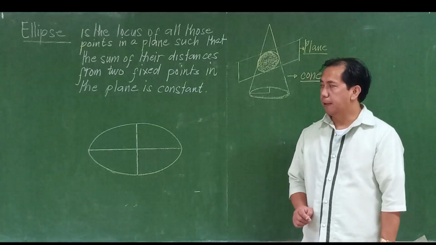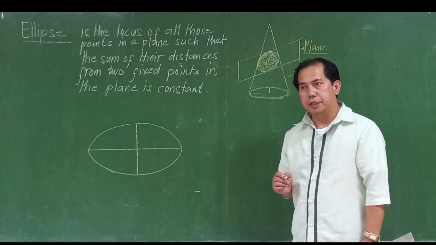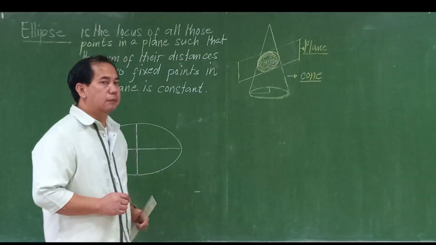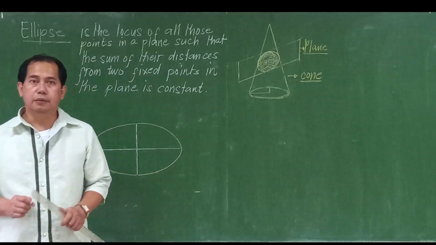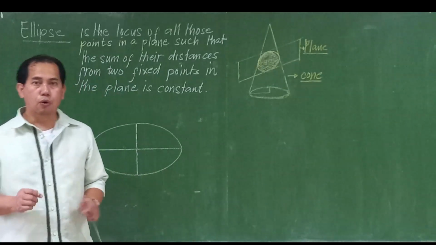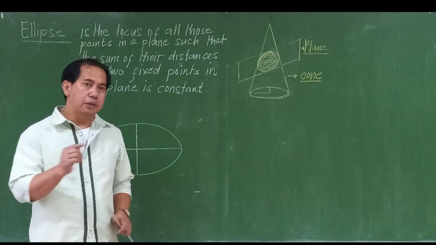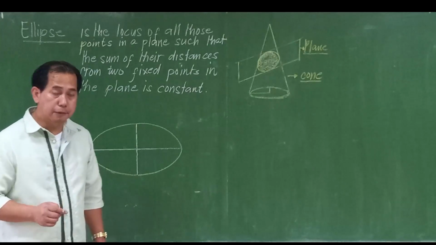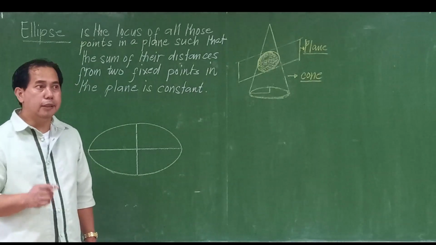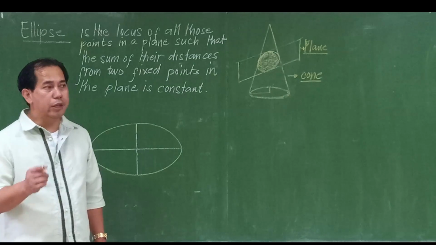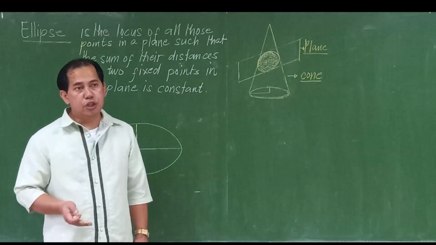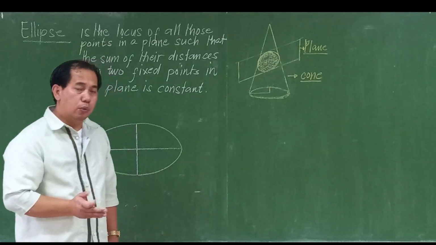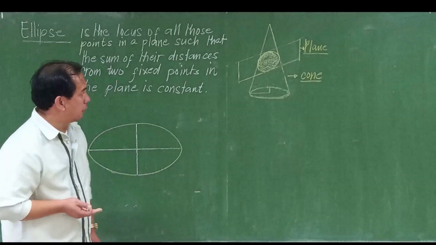Good day to everyone. Our focus today is the idea of ellipse. Last time, we discussed the parabola and the circle. Those geometrical figures are the result of the intersection of a cone and a plane. When a plane intersects the cone perpendicular to the axis of the cone, the geometrical figure that is created is